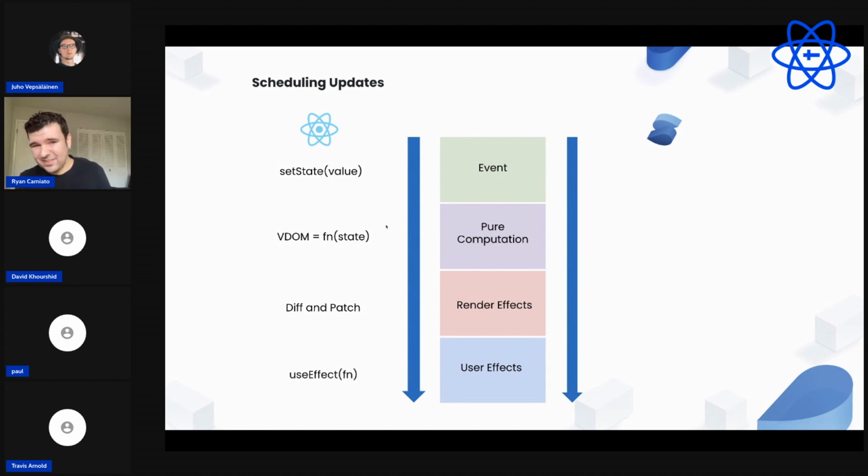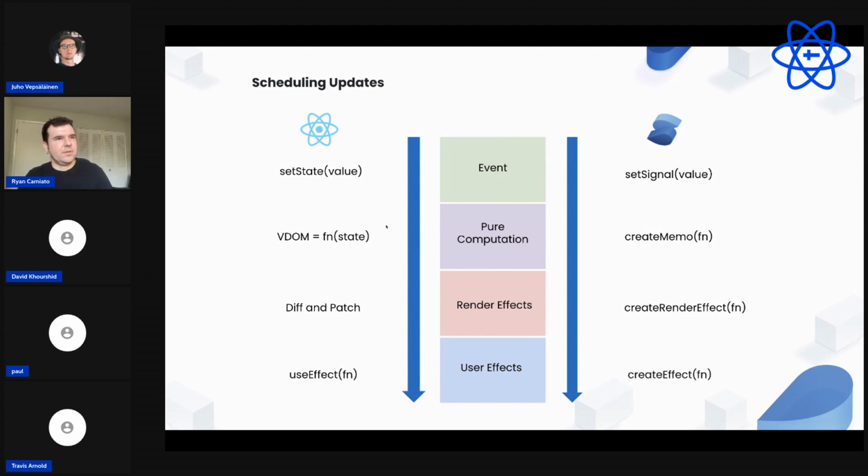On the Solid side, it actually isn't that different, except it's hooks that govern this lifecycle. We still have our event, and then our pure computations are in the form of create memo, which is our analog to use memo, more or less. And then create render effect. End users don't usually write this. This is what the JSX generates. And then finally,